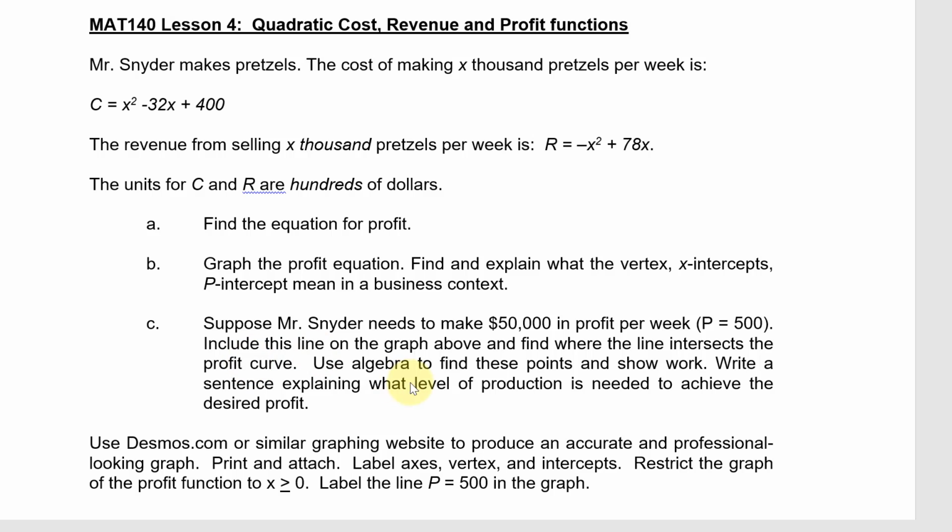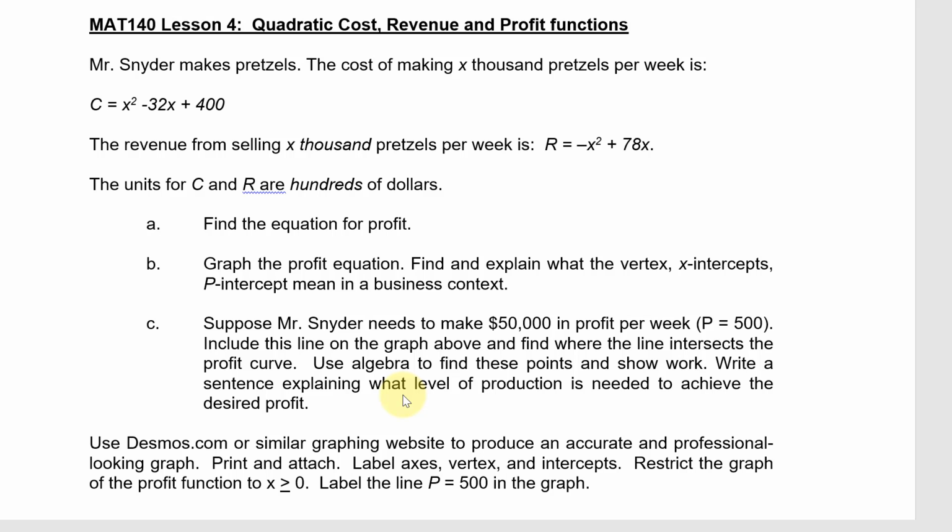Include this line on the graph above and find where the line intersects the profit curve, and use algebra to find these points and show work. Write a sentence explaining what level of production is needed to achieve the desired profit. We'll use Desmos.com. You can use a similar website to produce an accurate, professional-looking graph, print and attach the graph. Label the axes, vertex, and intercepts in your graph, and restrict the graph of the profit function to x greater than or equal to 0,